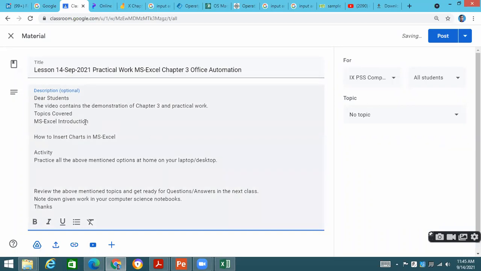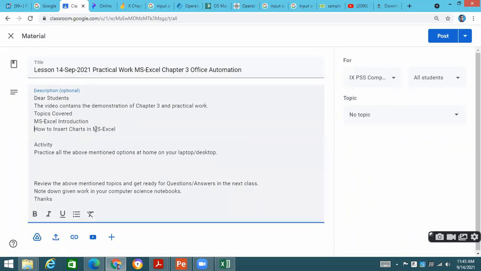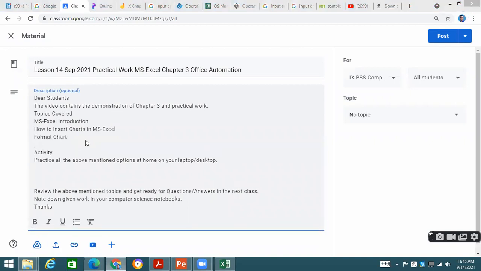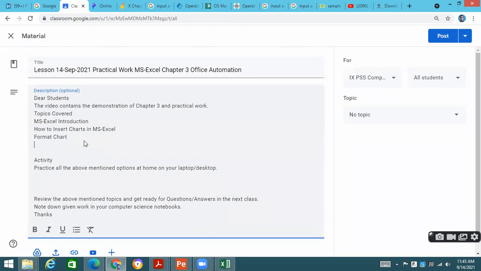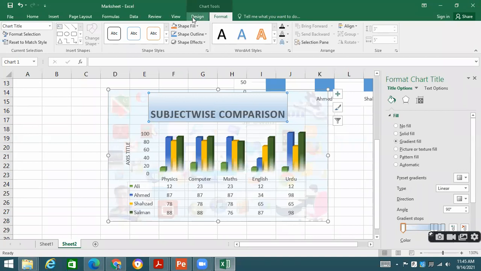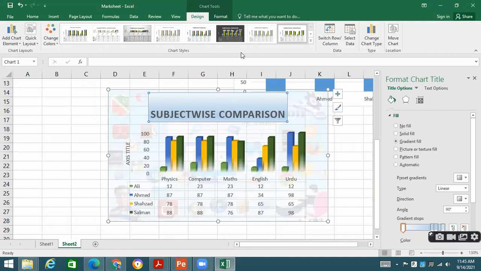Number two thing is the format menu, format chart, this option. I'm talking about format chart. And the design ribbon we have done.